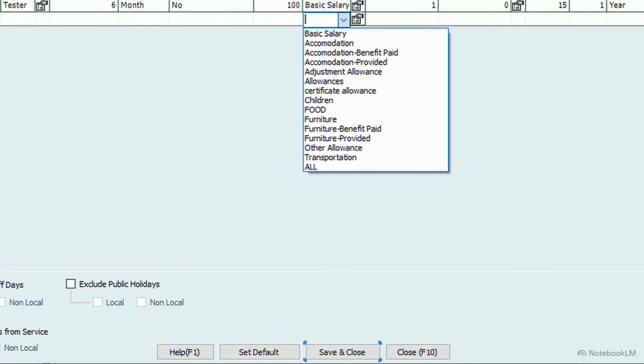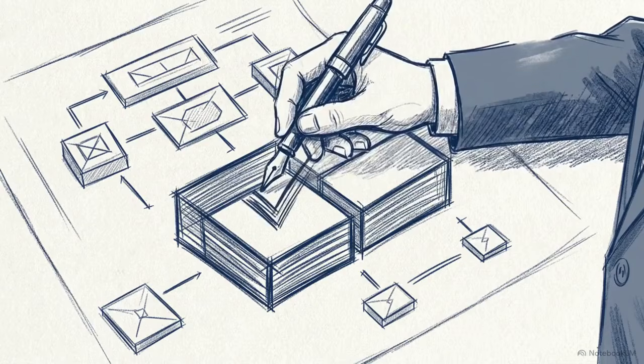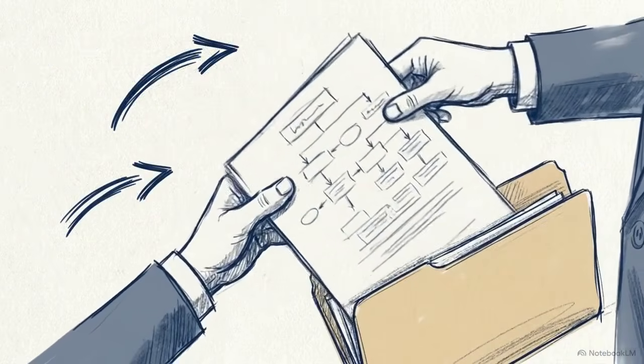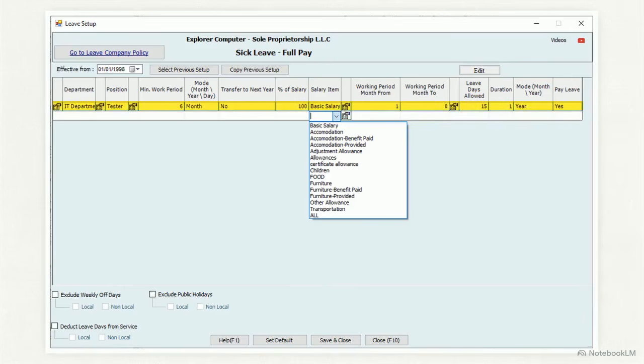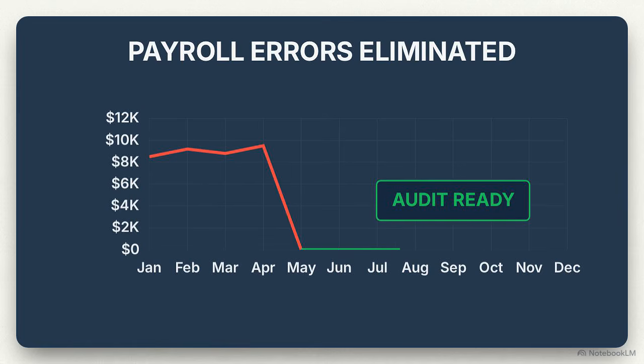Finally, click Save and Close to officially lock these protections into the active system. Securing these easily overlooked exclusion checkboxes is what ultimately guarantees total legal compliance and perfectly seals your payroll outgoings. The sick leave policy is now fully automated, completely locked down, and actively protecting the organization. By meticulously completing this setup, you have eliminated manual payroll errors, ensured strict legal HR compliance, and thoroughly safeguarded company